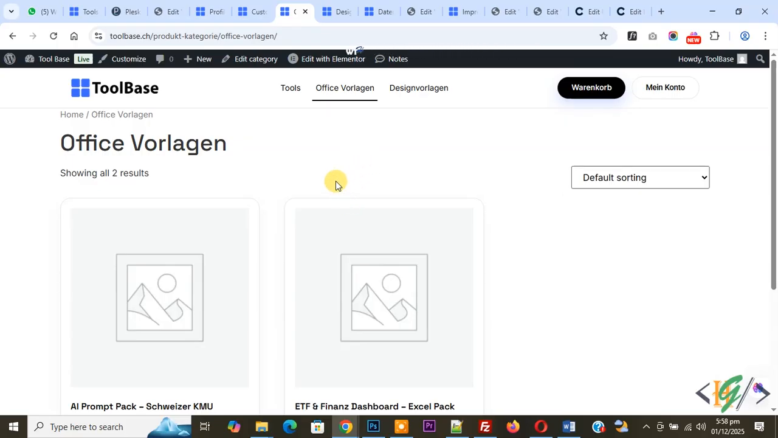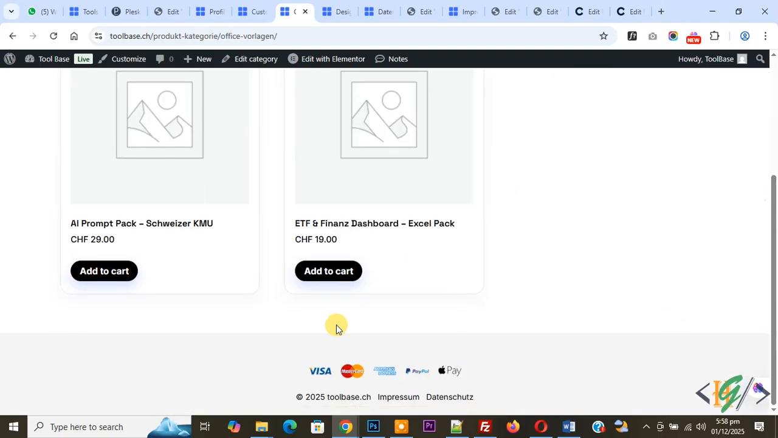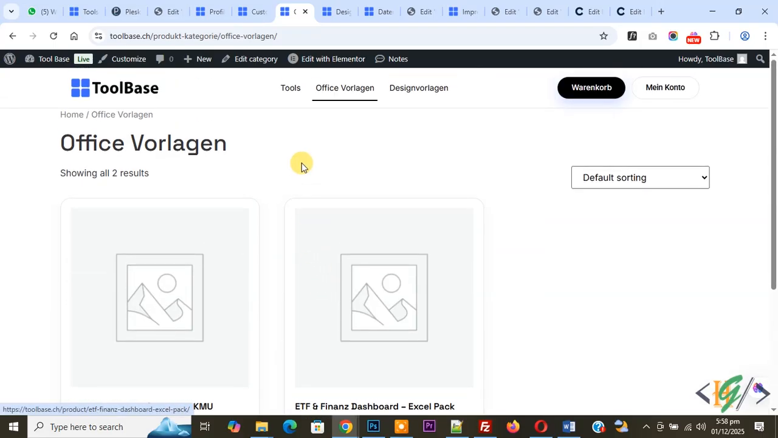Today we are going to add margin or padding on the top or bottom section on WooCommerce archive pages in Elementor WordPress. We are using the Elementor theme and plugin. So this is our category page or shop page. You don't see any padding or margin on the top section and bottom section. So we are going to add it by using custom CSS on all WooCommerce archive pages, which include